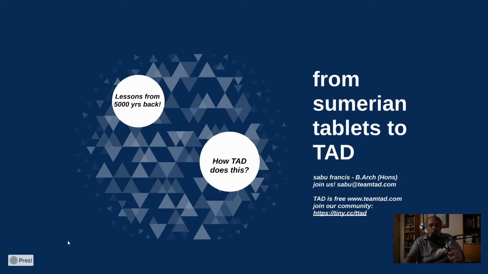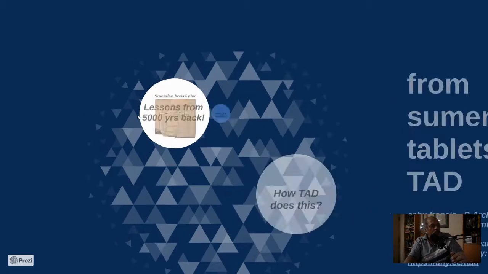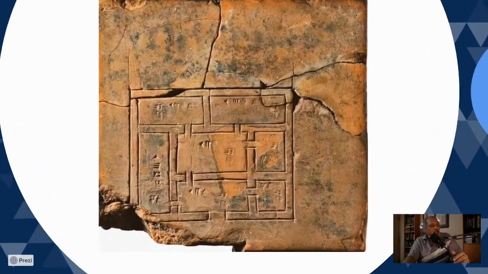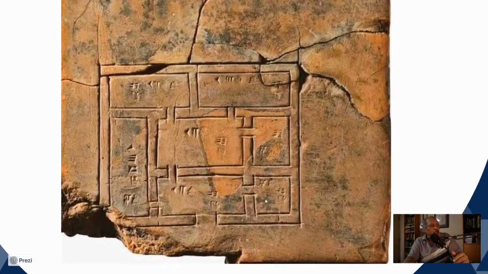I was quite happy to see some things on the internet which caught my attention, so I thought I should make this video and point this out to you. So let's take this clay tablet which archaeologists discovered. It's supposed to be about 5,000 years old, and it represents a Sumerian house plan. Those of you who are architects listening to this video can readily see this. In fact, non-architects could probably take a look at it and understand it pretty well.